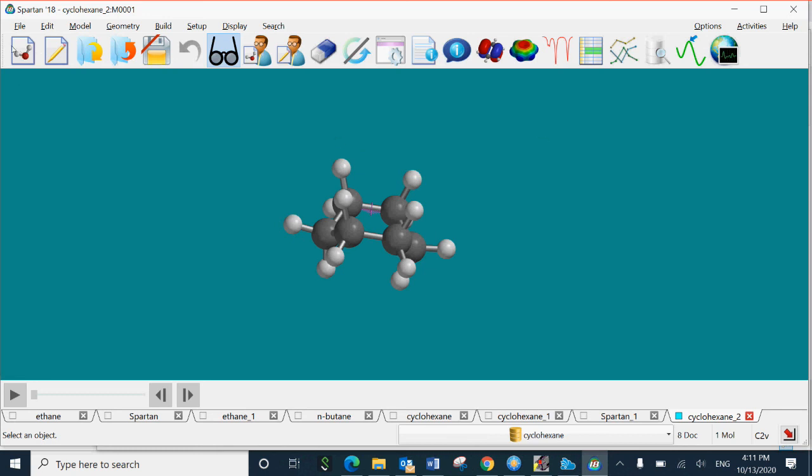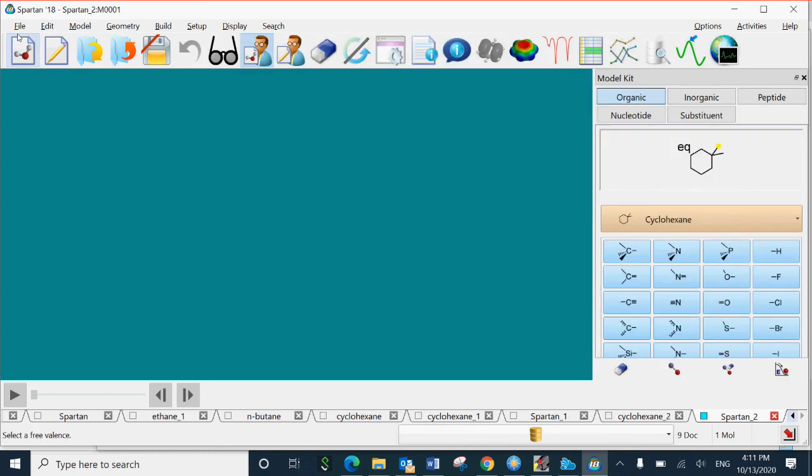Now the last molecule is 1,4-dimethyl cyclohexane. So to build that, you go to new build, and then you need a cyclohexane, and it's 1,4-dimethyl cyclohexane.